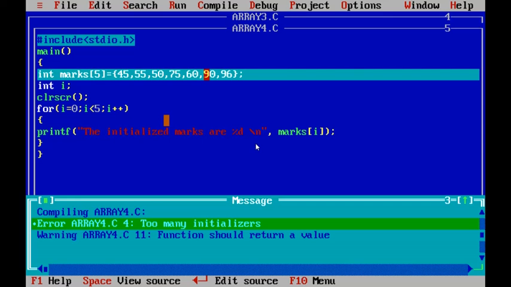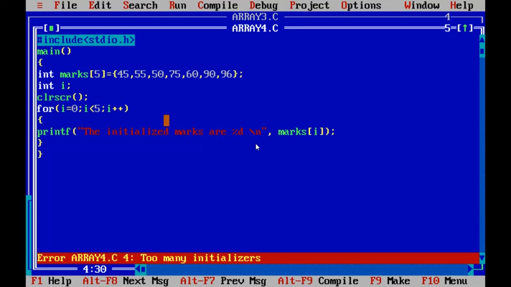Actually, the array size is 5, but we initialized too many. We initialized 7 elements. That's why it is showing the error as too many initializers.